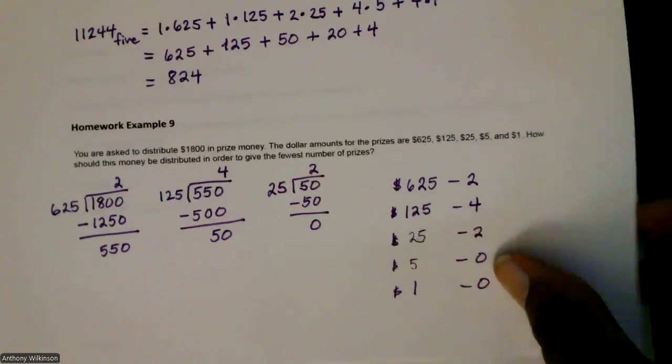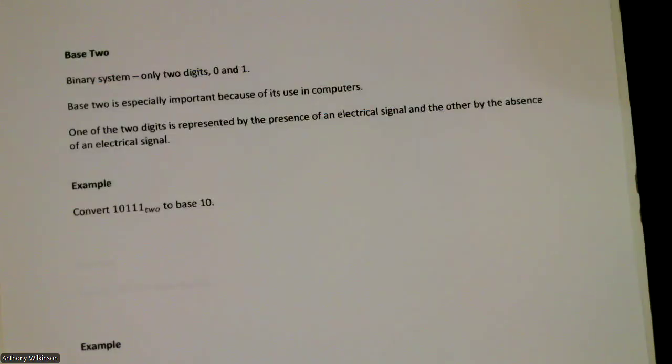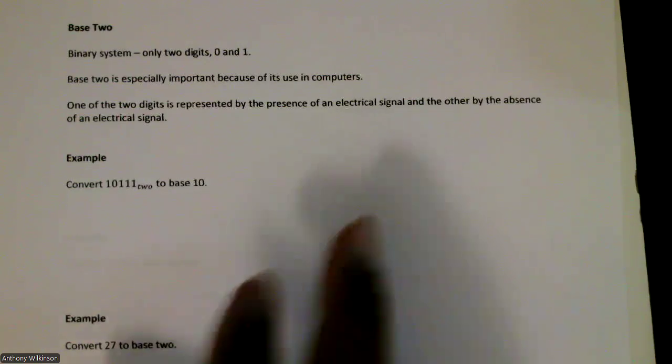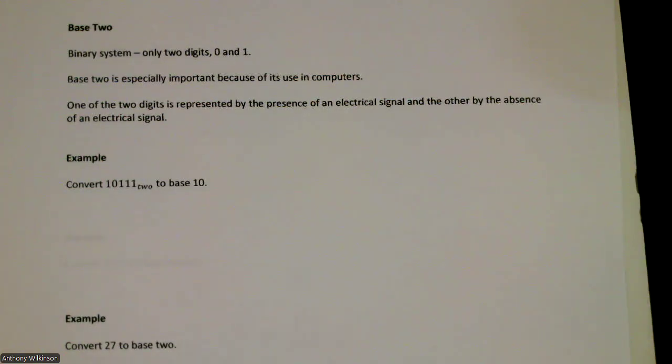All right, now let's look at the base 2 system. I think that one's the easiest one that is being used because it's usually on or off, because it's only 2 digits, 0 and 1. And that's especially important because of its use in computers. Computers use the binary system, on or off, 0 or 1. One of the two digits is represented by the presence of an electrical signal and the other by the absence